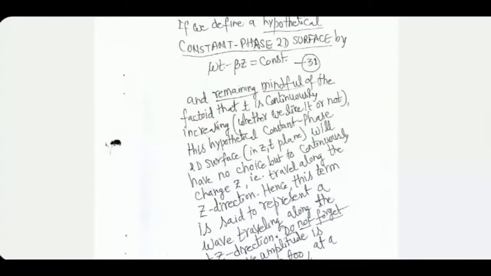This is the basic explanation for why signal propagates down the line. A constant phase surface has no choice but to move. The same point on the waveform which has a constant phase will travel, so the entire wave has to travel. We'll come back to it if you want later, but look at the mathematics first. Omega t minus beta z equal to constant is the definition of constant phase surface.